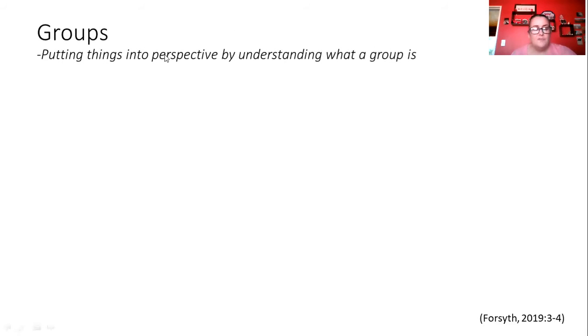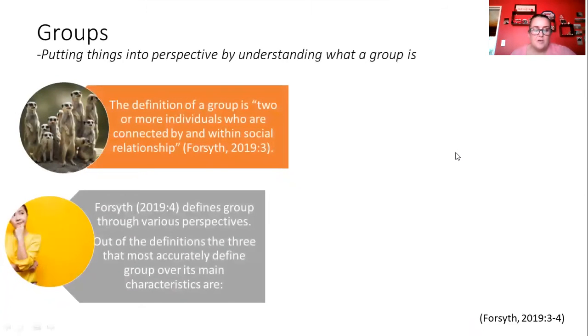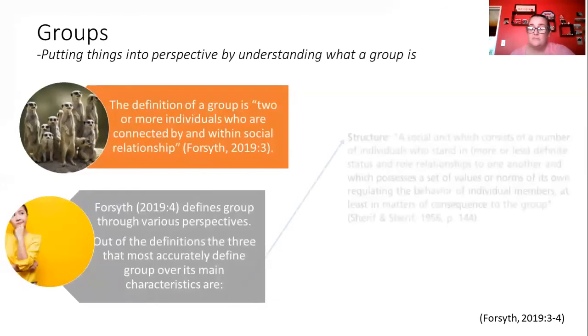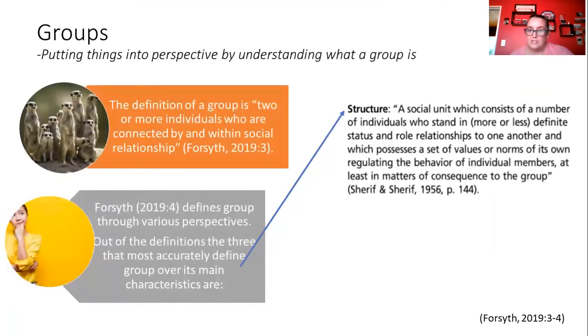To begin, we first need to put things into perspective by understanding what a group is. Forsyth defines a group as two or more individuals who are connected by and within social relationships. Forsyth goes on to further define groups through various perspectives. Out of the definitions, the three that most accurately define groups over their main characteristics are the structure,